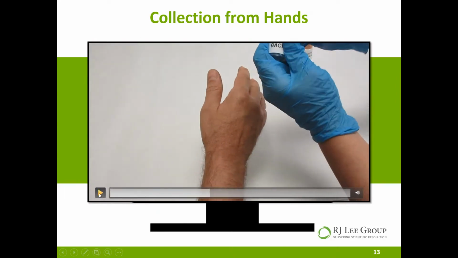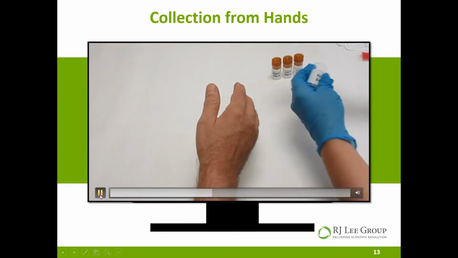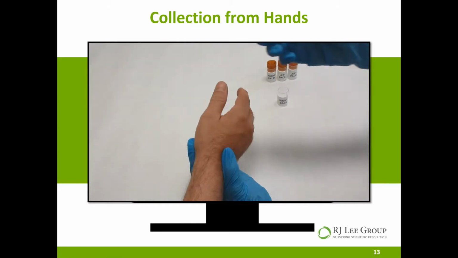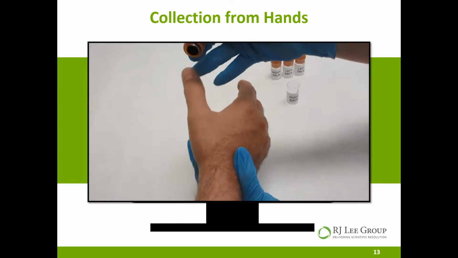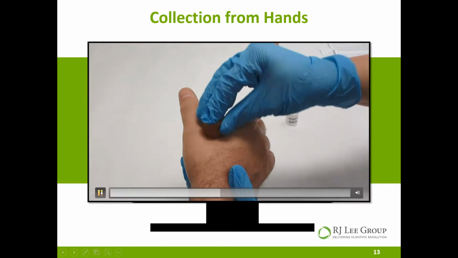Okay, so if you notice what I did, I pointed out the area between the thumb and the forefinger. This area is called the webbing of the hand, and this is the area you typically want to sample from first. This is the most probative area for getting primer residue from. So I take the cap off,